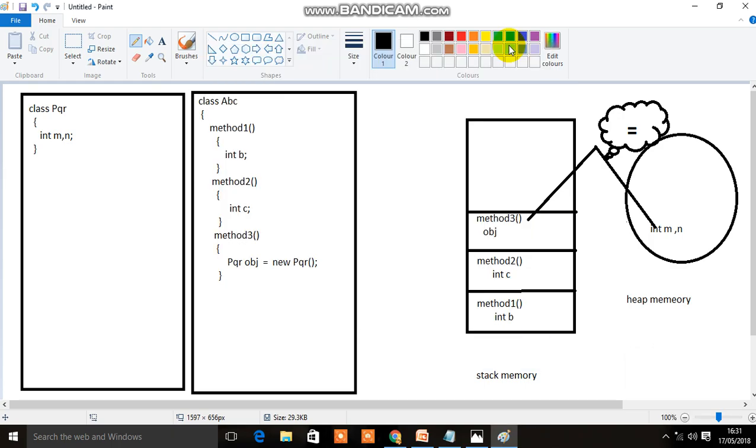So in this tutorial we'll talk about how memory is allocated in Java. Before going into the hardcore programming and learning the concepts in Java, I think it's absolutely essential to learn about memory allocation, because we talk so much about classes, data members, member functions, variables and so on. It's very important to know how these things are actually represented in memory. By doing that, we get a clear, strong idea of what's actually happening in the background, in the memory, whenever we type code. That gives us a better scope.